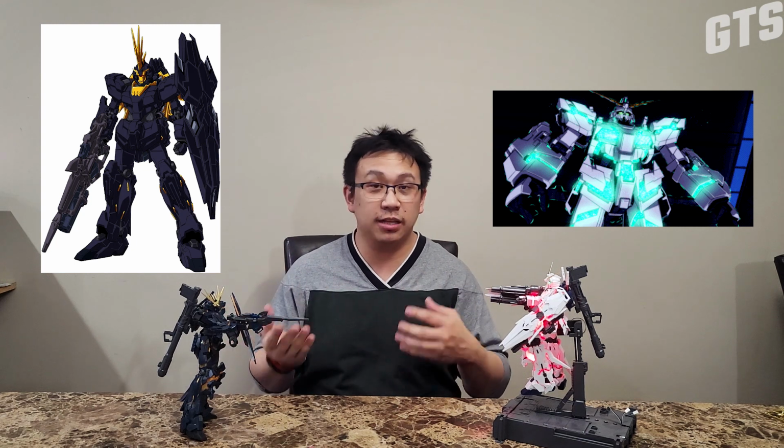Now, a little bit more on the Banshee itself. It was actually not in space at the time when the Unicorn was found by Banshee. Actually, the Banshee was stuck on Earth. Funny enough, it was being a test pilot for the ground unit. It was the finalized testing to outperform the original first unit, which became the Unicorn codename. So, not big surprise, they all use the same weaponry, you give them all everything, they're very smart, intelligent. Now, what makes the Banshee itself so different, the Banshee's actual codename is the Black Lion,